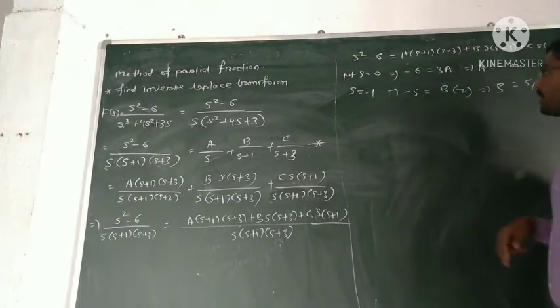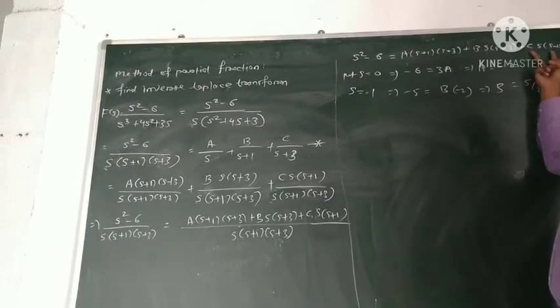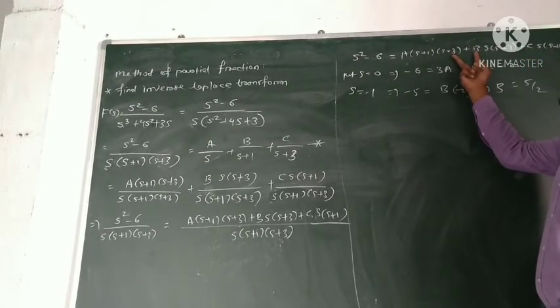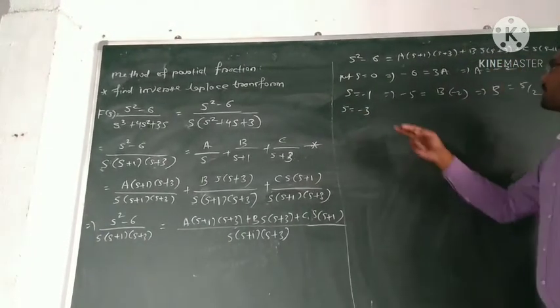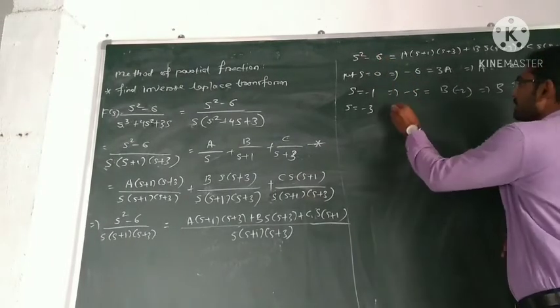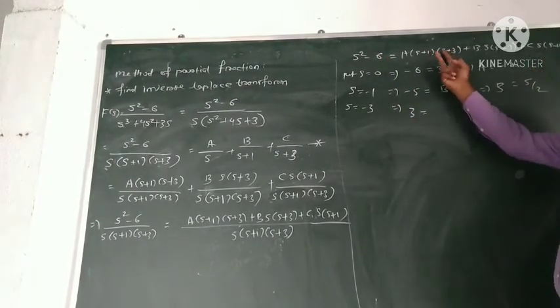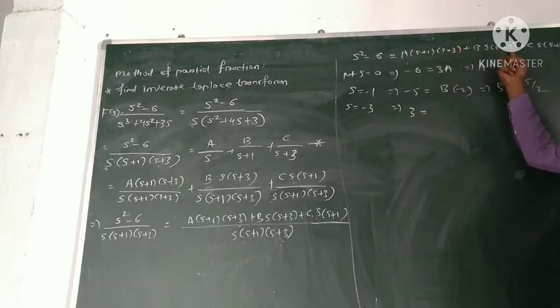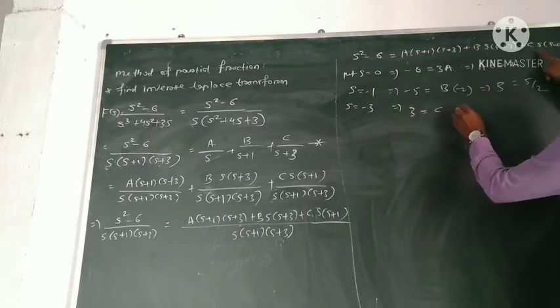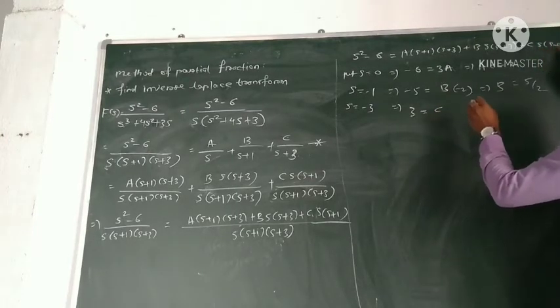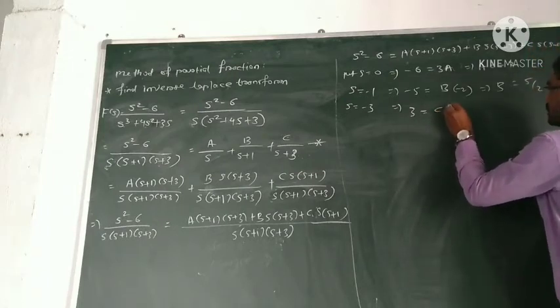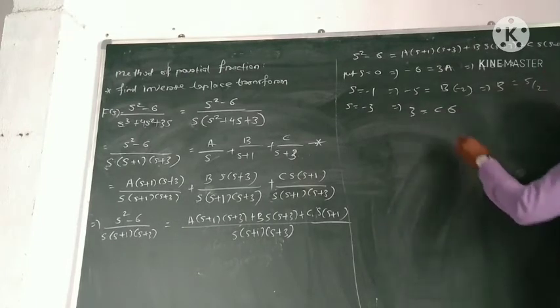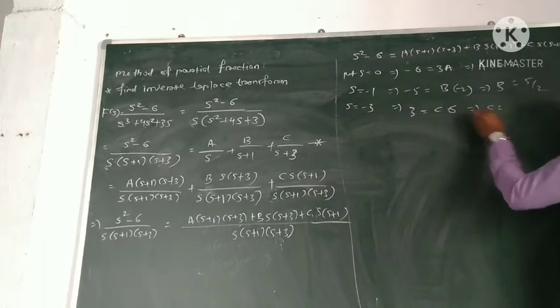Now we have to maintain this value and these two terms must become 0. What is common? s plus 3. So put s is equal to minus 3. So minus 3 square is 9, minus 6 is 3. This implies 3 is equal to, now this gets cancelled because minus 3 plus 3 is 0. There is no s plus 3 here. So put s is equal to minus 3. So c into minus 3 plus 1, which is minus 2, into minus 3, so plus 6. So 6 into c. This implies c is equal to 3 by 6, that is 1 by 2.